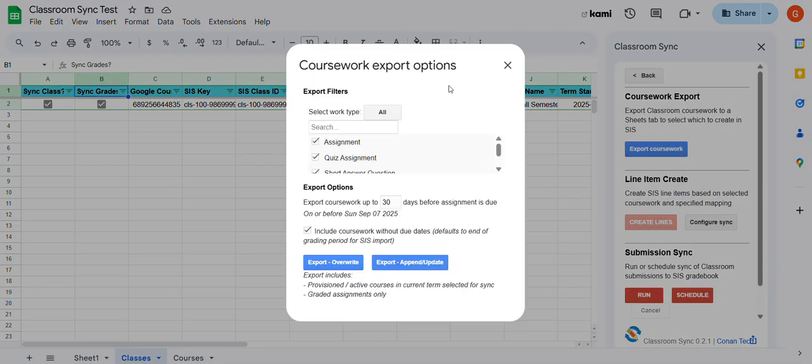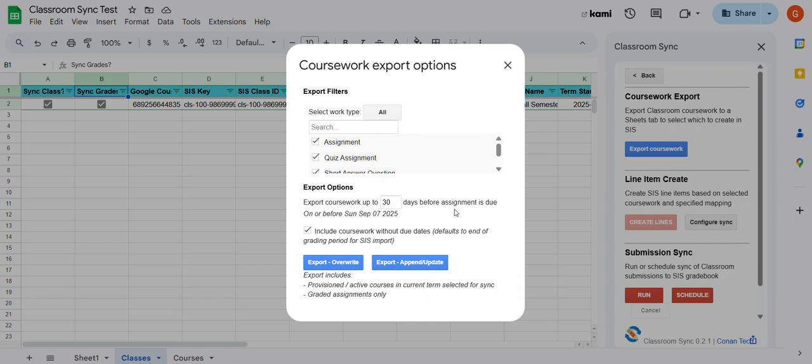So we're going to start again with an export, similar to what we did the last time by exporting classes. We can select specific Google Classroom coursework types, should we like, to exclude certain ones or others. We can also choose whether or not to include coursework that doesn't have a due date. That is treated a little bit specially and defaulted to the end of the grading period. So it is supported, but it is treated slightly differently, and that also impacts the filters that are applied on